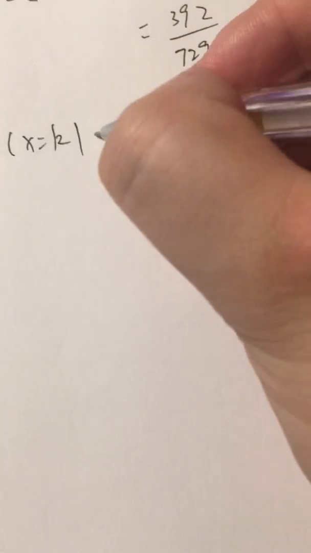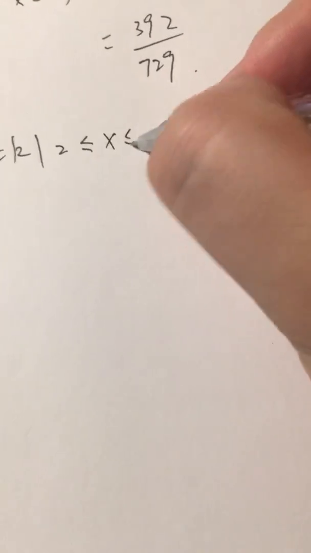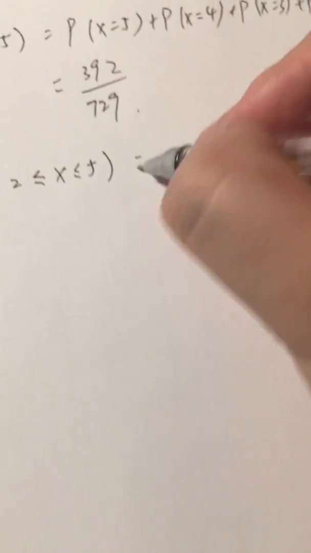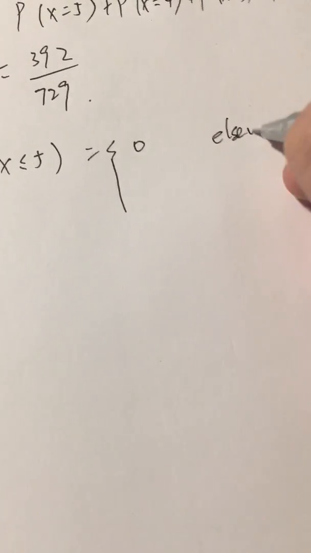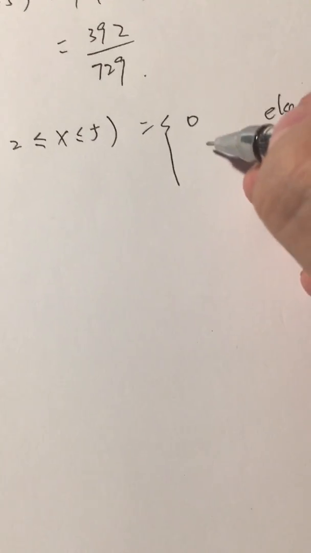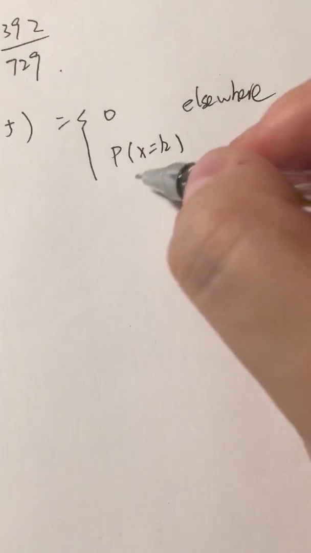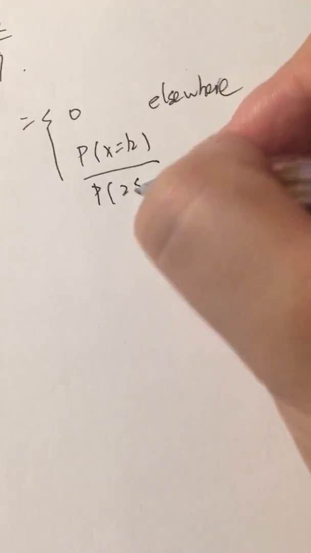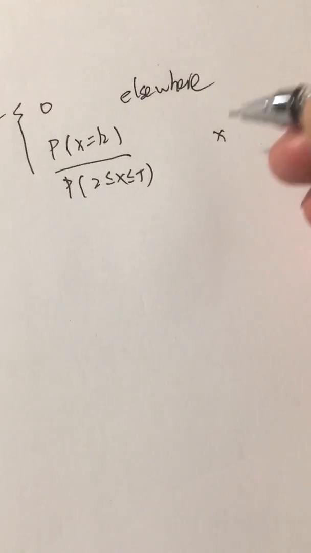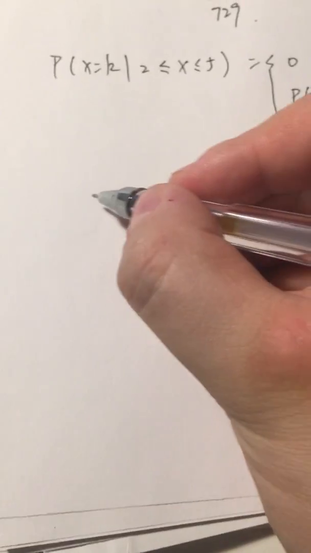And we can get the probability of X equals k when given 2 less than or equal to X less than or equal to 5 is 0 elsewhere, or P(X equals k) divided by P when X is in this range. So finally we get the result